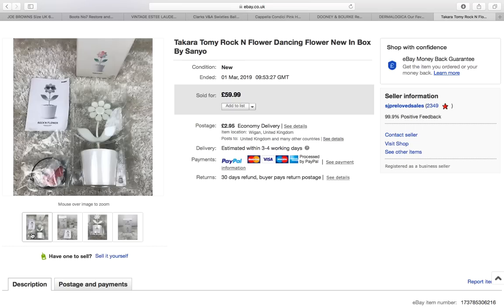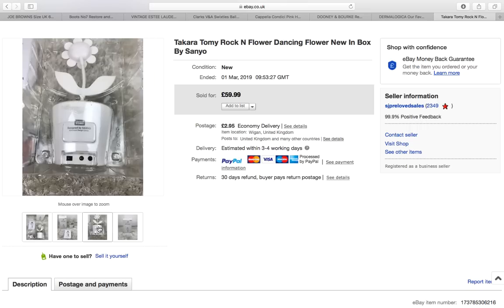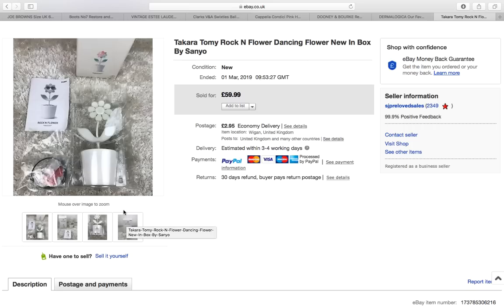Tommy Rock and Flower Dancing Flower, new in box by Sanyo. Didn't really know much about it, but I just didn't even research it, picked it up, brought it home, and yeah, sure enough, it was a good product. It didn't go for £59.99. I did take an offer of about £35 on that, but from £1.99,